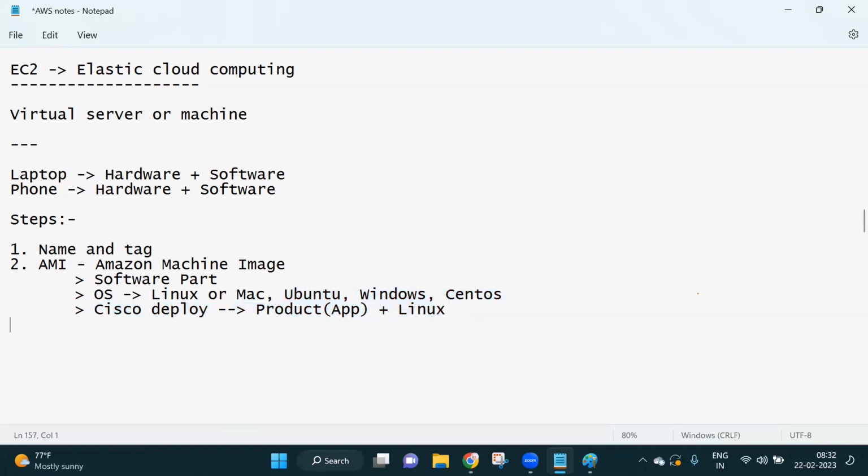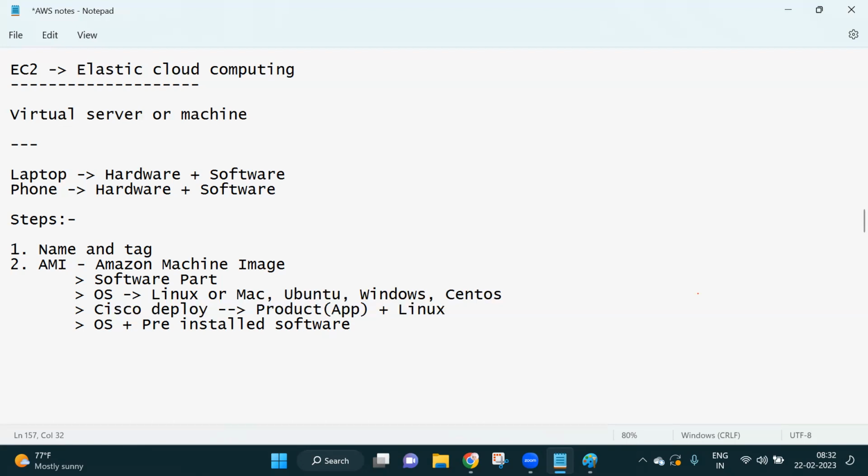So it means that if you go with AWS, there is a part called AMI. AMI talks about, along with the operating system, you will get some pre-installed software also. Yes, see guys, if you pay 50,000 rupees for buying a laptop, you will get some operating system along with some software, some Microsoft Word, Microsoft Excel, Paint and all. If you pay 1 lakh rupees, based on that you will get more software along with the pre-installed software and operating system. If you pay 10 lakhs for your laptop, even in the world we have a 10 lakh laptop, you will get more software, right? You will get a better operating system, right?